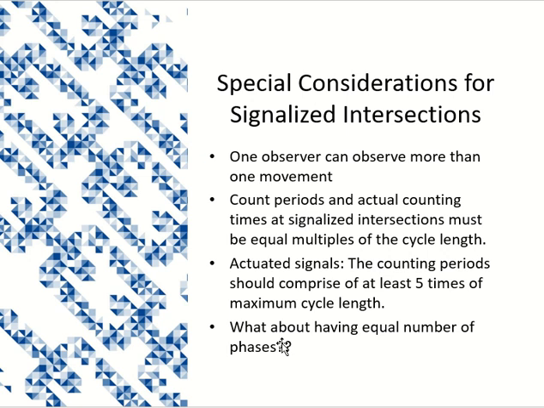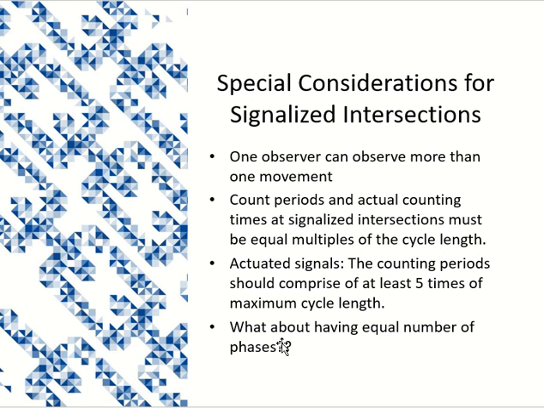Some more considerations for signalized intersections. At a signalized intersection, we have the advantage that observers can look at different movements at different times, because movements have their specific signal timing. So I can say to observer A, count this particular movement now because it has green now, and when this one has red, that other movement will start having green. So you do these two movements one after the other, because they are not happening together. This is our advantage. We can assign more movements to the same observer.